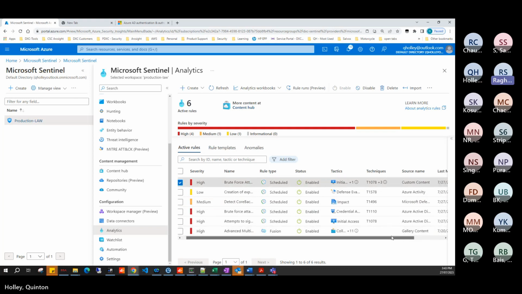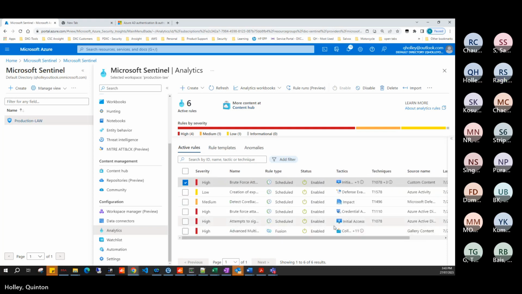Now, how will this rule generate an incident? When you have an ID trying to sign in from two different locations. So how can you simulate the attack? You can simulate the attack by using an ID and trying to sign in with that ID from this portal, say from your laptop, and then also open an Azure virtual machine which is configured in another location. Example, Quentin, you are in Australia. So you can sign in from your laptop by providing an incorrect ID, incorrect password, and then provision another VM in the US in Azure, log into that VM, and then use the same ID to sign in